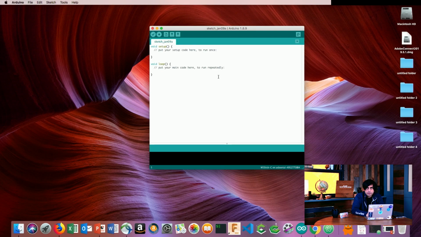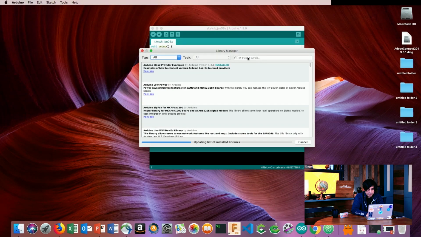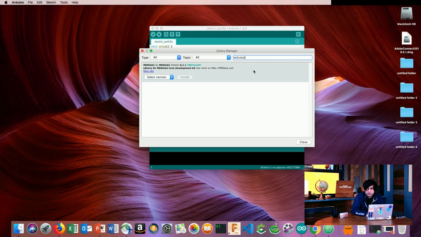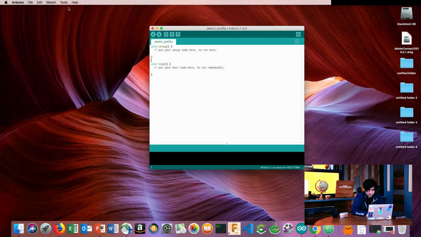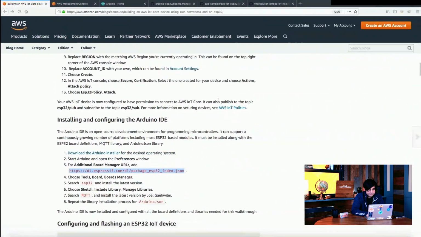So once those libraries are installed, you'll also need the library for the M5 stick, which is not necessary for other ESP32 boards, but in this case we're going to be using the LCD definitions found in this library. So that you can also find through the library manager. Then once you've done that,